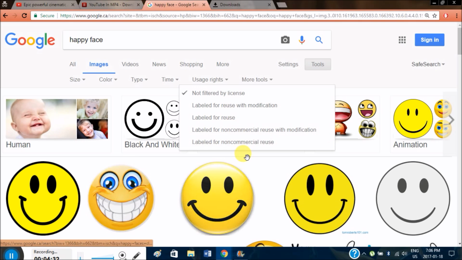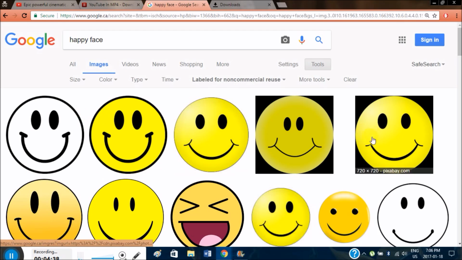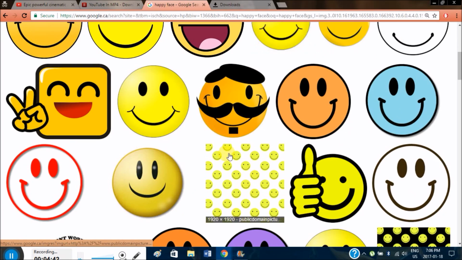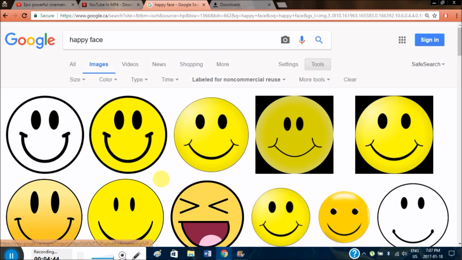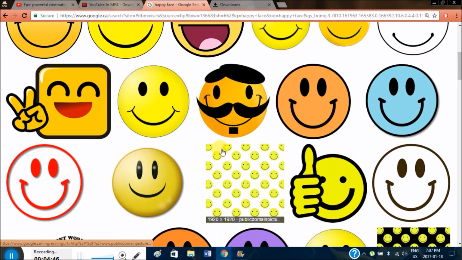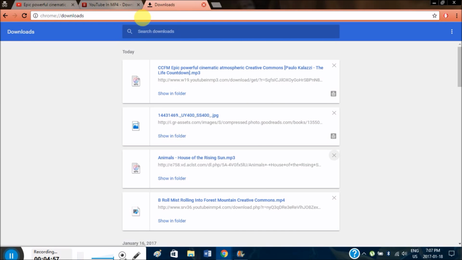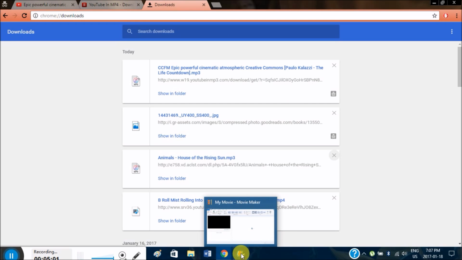I believe, if I am not wrong, it is labeled for non-commercial reuse is the ones that anybody can use without any repercussions, and you don't have to cite your work. This is all Creative Commons, but if you're not sure, then just type in Creative Commons right next to whatever you're looking for, and you will find what you're looking for. So, I'm not gonna save that picture to the